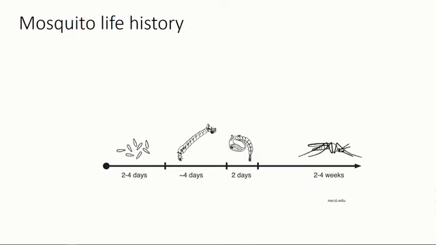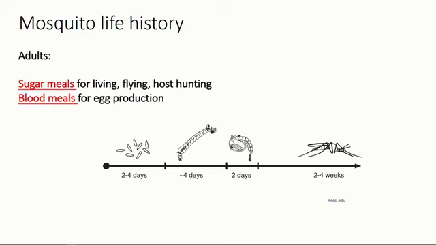I'm sure most of you know the life cycle of the mosquito, but just to make sure everybody's on the same page: the eggs are laid, and within 2 to 4 days they hatch into larvae. The larvae will then go into pupae, and these are all water-based organisms. Then the mosquitoes emerge and live for 2 to 6 weeks. What is important for our study is that mosquitoes will either feed on sugar meals or on blood meals. Males will only feed on sugar, whereas females will feed on blood in order to obtain protein and iron for egg production.